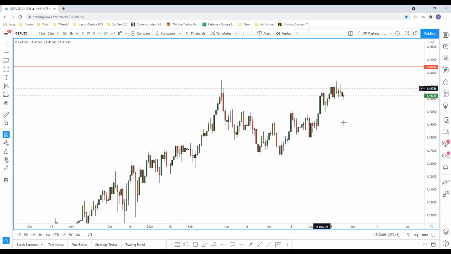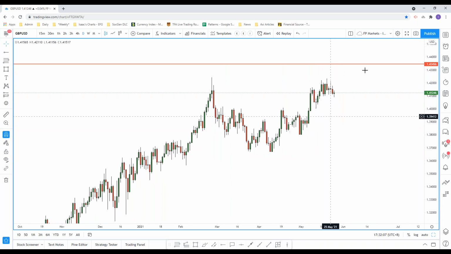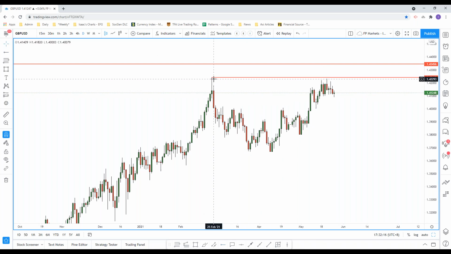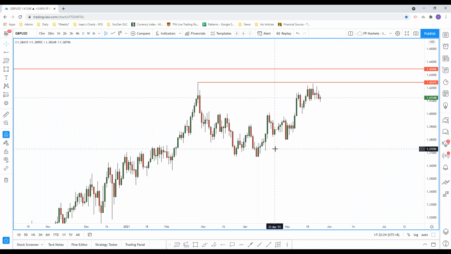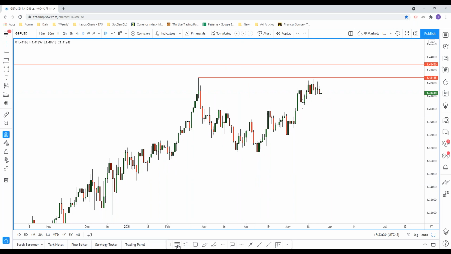All right, so we have swing highs, swing lows. Now some of you will argue, hey Isaac, price is really trading sideways on the daily here. How come? Because there was a last swing high over here, February, right? It was February, last swing high where we tested it, price came close. But if you look at price action carefully, you can actually identify swing highs, swing lows. There is a swing low over here,